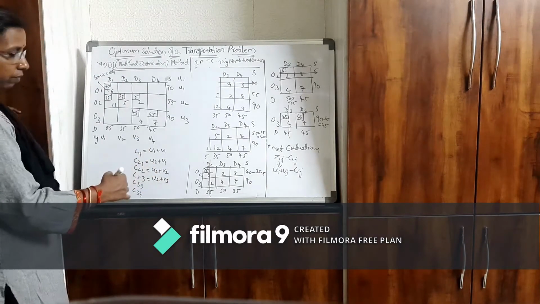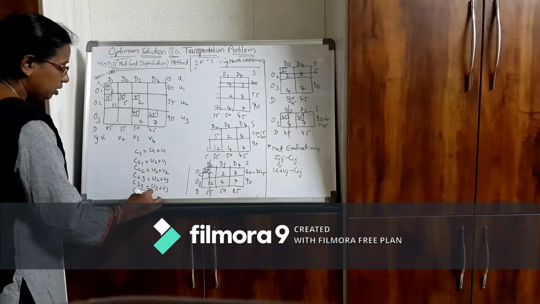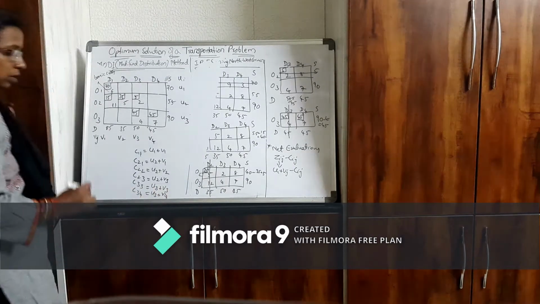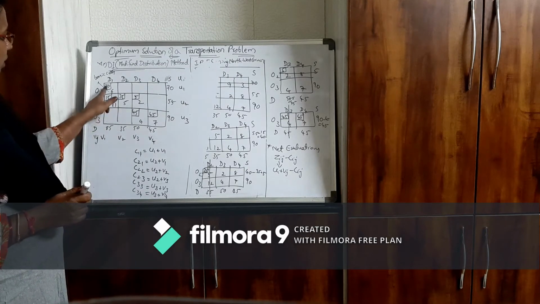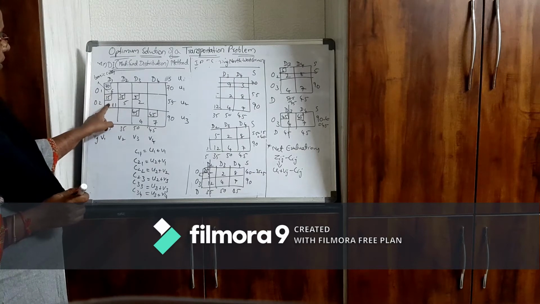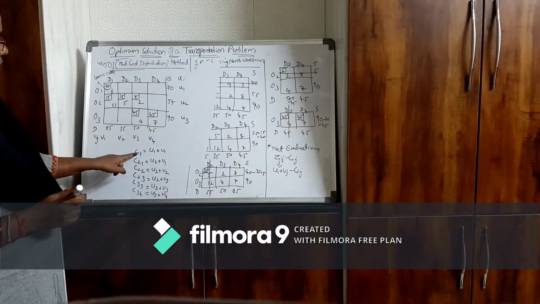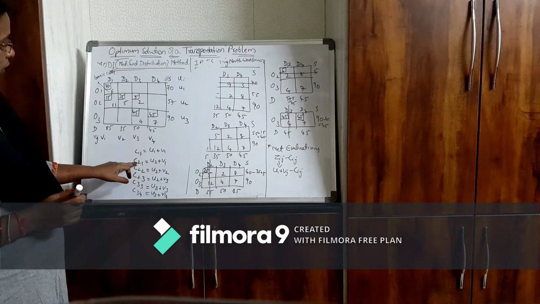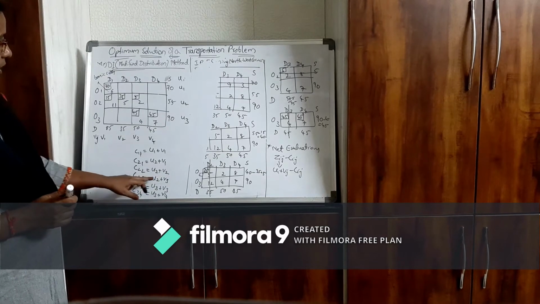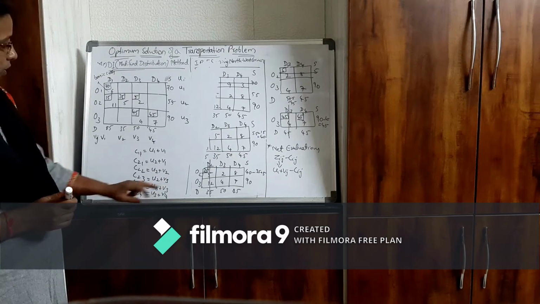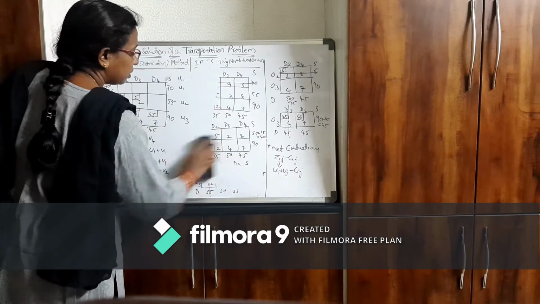This is another way we can allocate the UIs: C33 is U3 plus V3, and C34 is U3 plus V4. So it's better if you do it like this. First write all the basic cell addresses: C11, C21, C22, C23, C33, C34. Now C11 you will get if you add U1 plus V1, C21 if you add U2 and V1, C22 is U2 plus V2, C23 is U2 plus V3, C33 is U3 plus V3, and C34 is U3 plus V4.